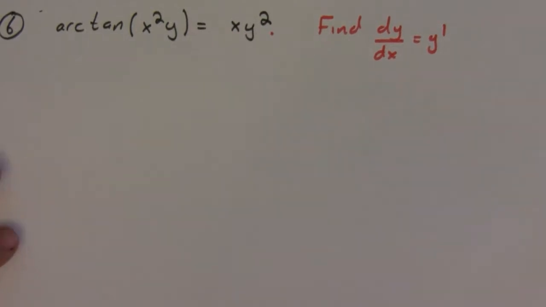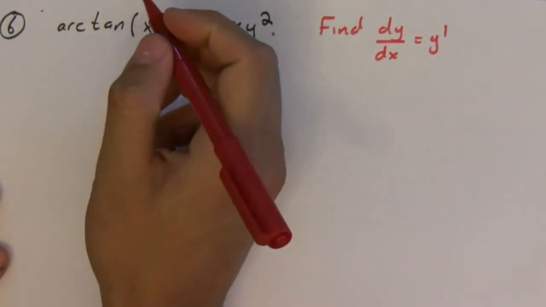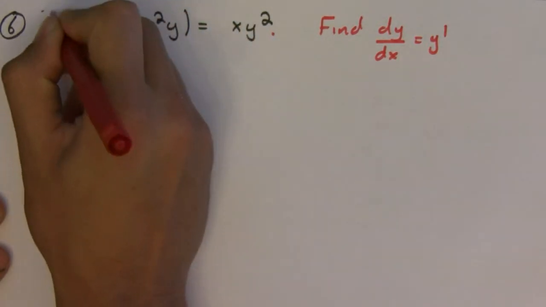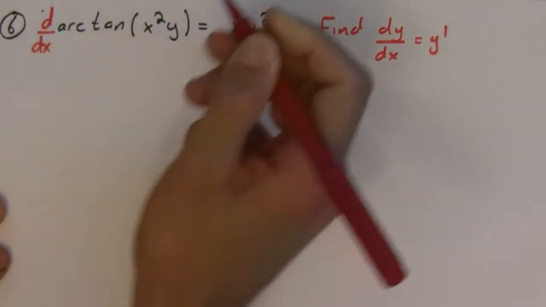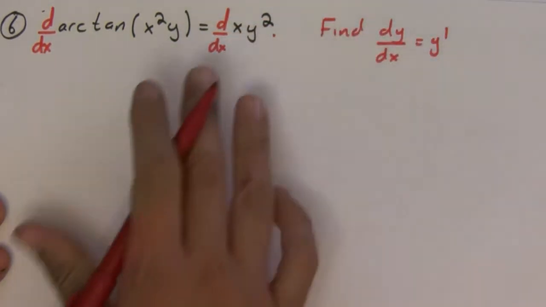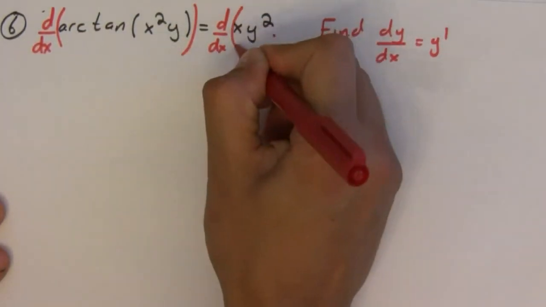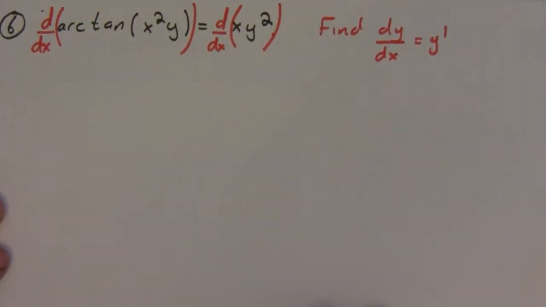Okay, this problem is kind of a toughie, but we'll work through it. In theory, it's not any more difficult. It's just more involved, and so it involves a little bit more work. So the first thing we do, as usual, is we get the derivative of both sides with respect